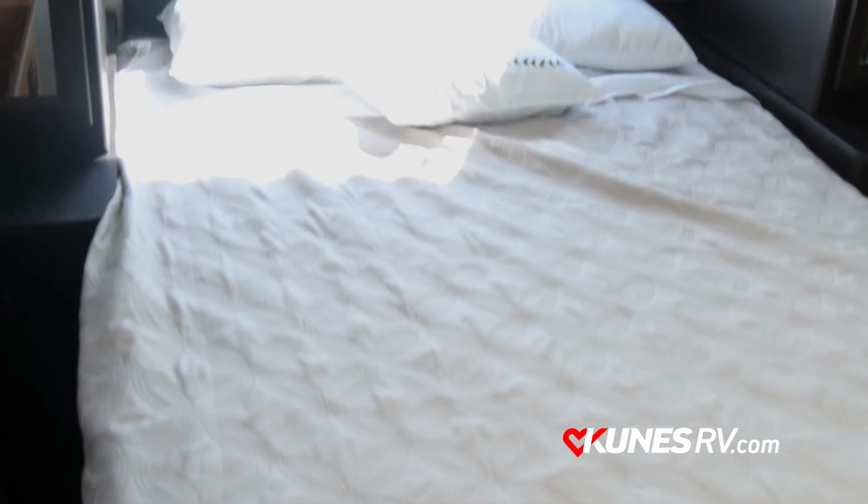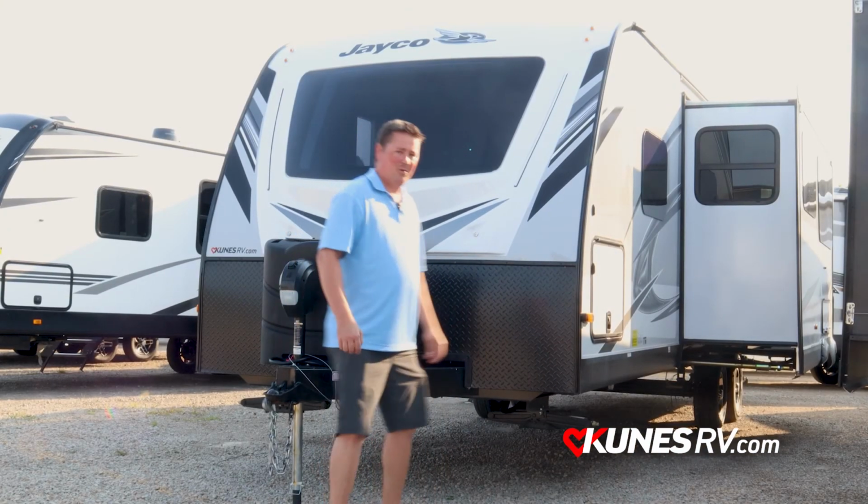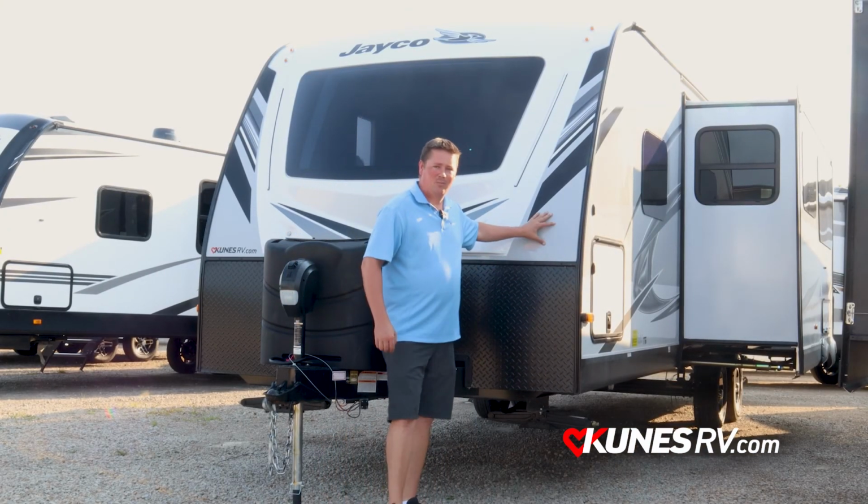Here's a look at the master bedroom with a queen walk-around bed. You have windows on both sides that open, and a door. Another storage for clothing. Okay, and to recap this camper that we're talking about today, the best warranty in the industry,